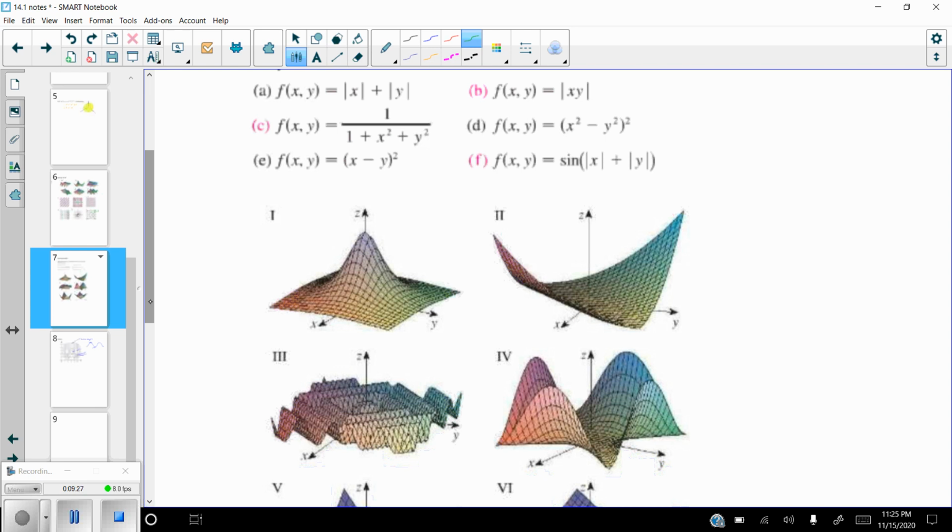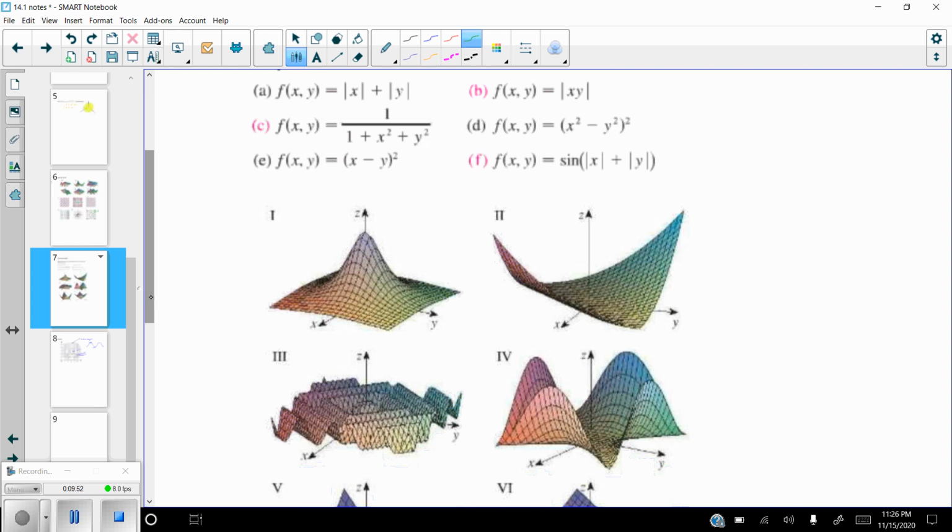The first one, A, is f of x, y equals absolute value of x plus absolute value of y. Well, the one thing you should notice there is that there's not going to be any negative values because absolute values are all going to be positive. So at the very worst, this thing is going to be 0. And then it's going to continue to get bigger as we go. And they are absolute values. So if you know what absolute